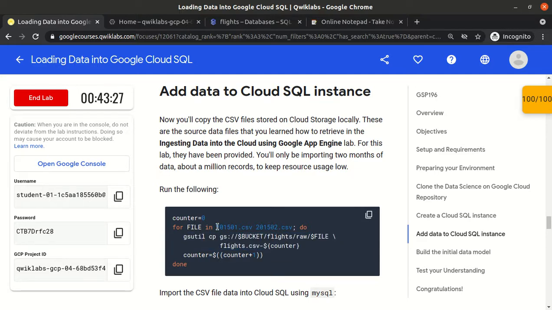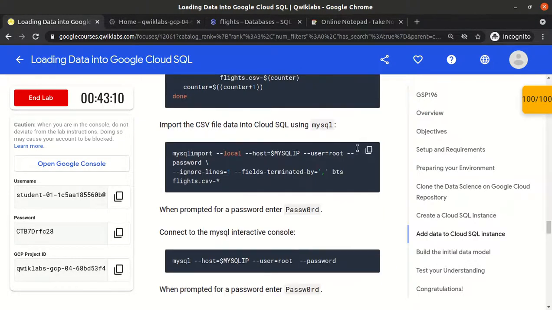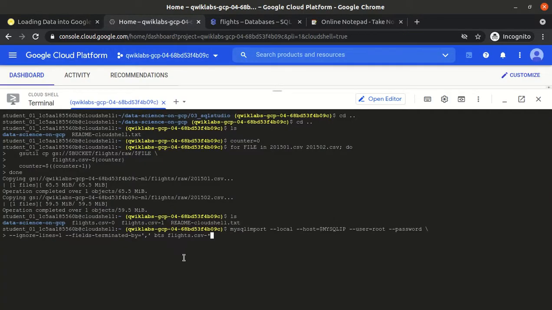We are copying the 2 files, so rather than issuing 2 commands 2 times, we run it in a loop. So now the files are available: flight.csv-0, flight.csv-1. Now we will use the mysqlimport command, and we are importing from the flight.csv file.